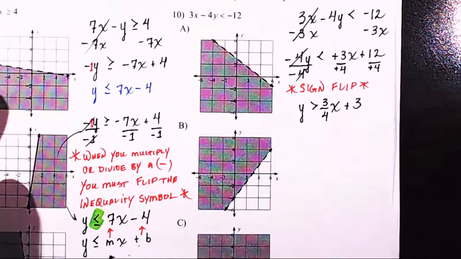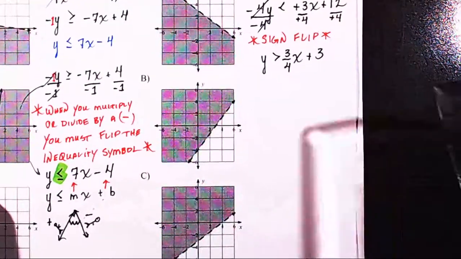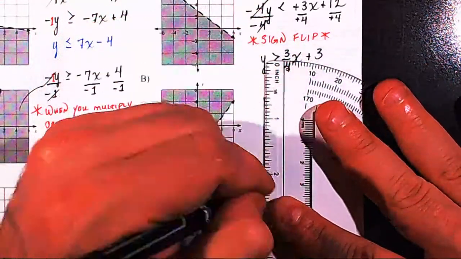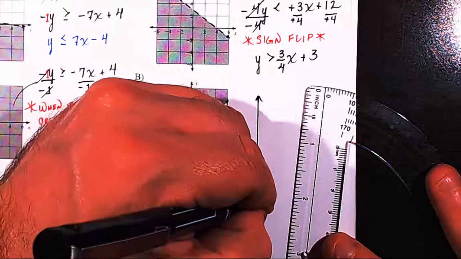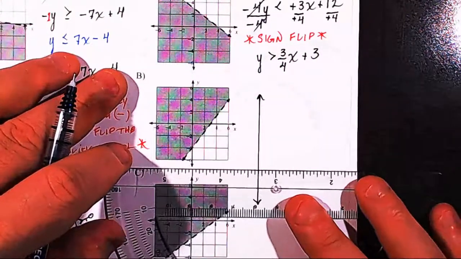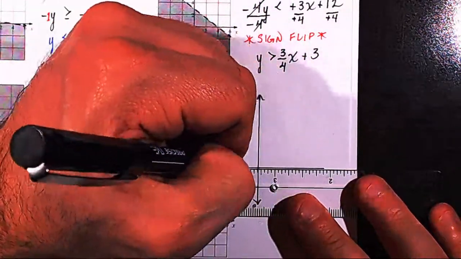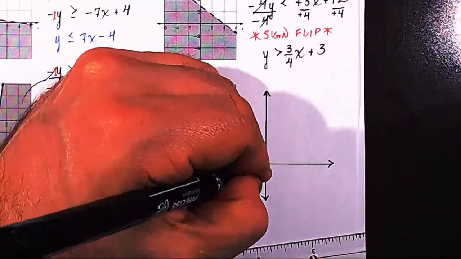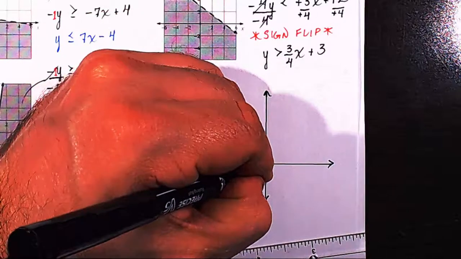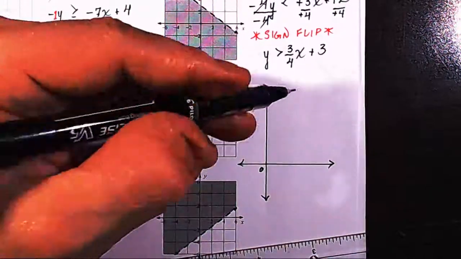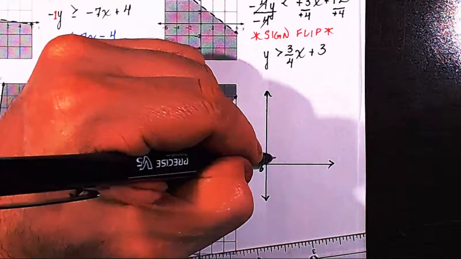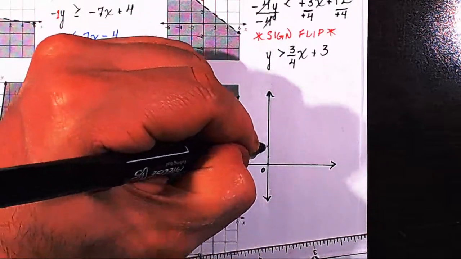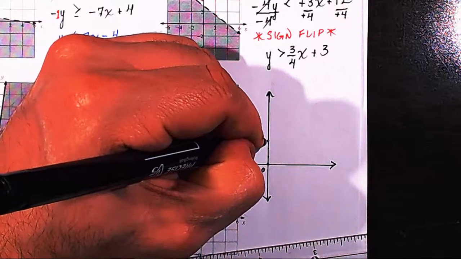Now this one, because it's not such a weird slope, we can actually graph before we look at the answer choices. And I really think you should always try to hand graph, especially if you're new to this. You need to get a feel for how these are going to look. Nothing beats doing it the old-fashioned way. I don't care how cool those calculators are. So starting at 0, we're going to go to a y-intercept of plus 3, up 1, up 2, up 3,